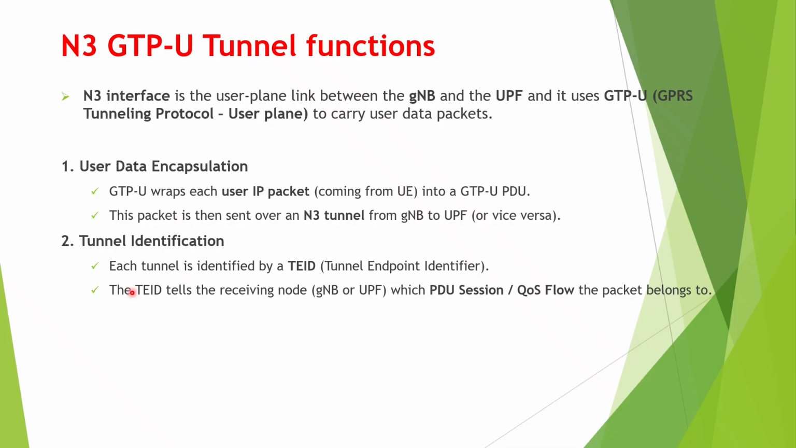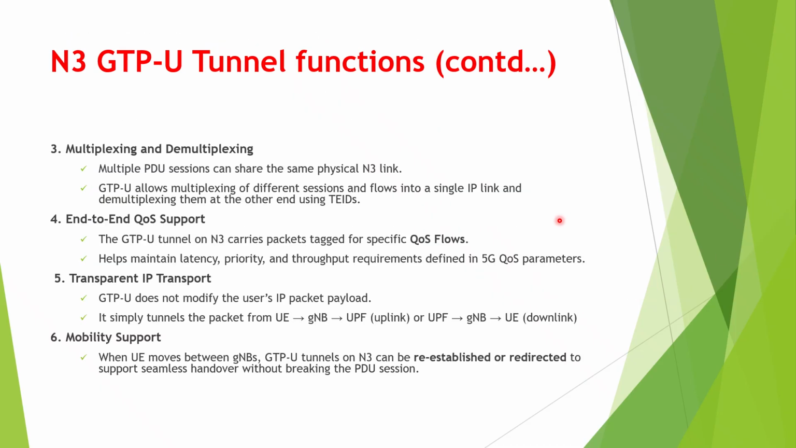Tunnel identification: each tunnel is identified by a tunnel endpoint identifier. The tunnel endpoint identifier tells the receiving node which PDU session or quality of service flow the packet belongs to. The next function is multiplexing and demultiplexing. Multiple PDU sessions can share the same physical N3 link. GTP-U allows the multiplexing of different sessions and flows into a single IP link, and demultiplexing at the other end